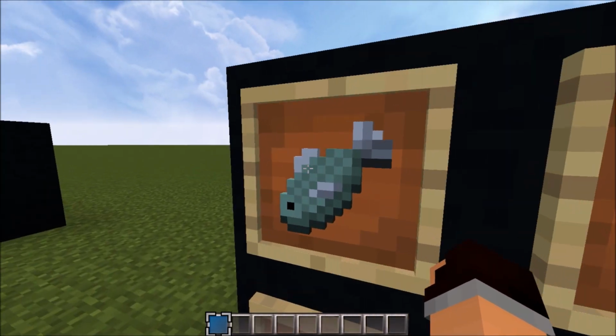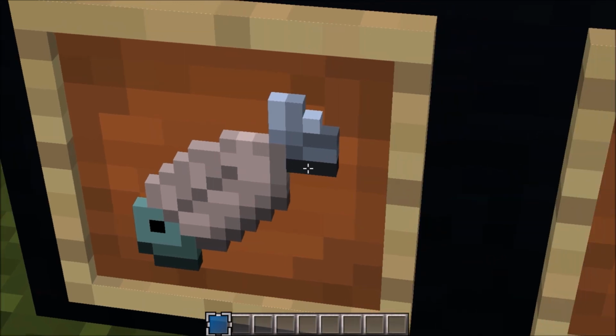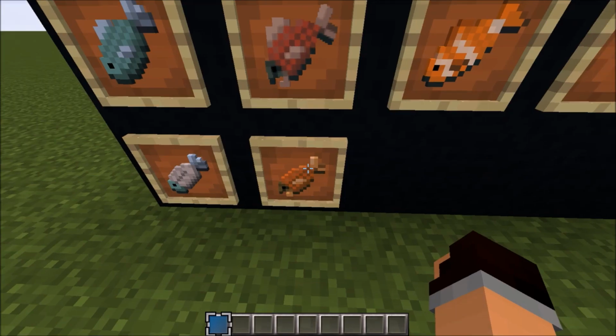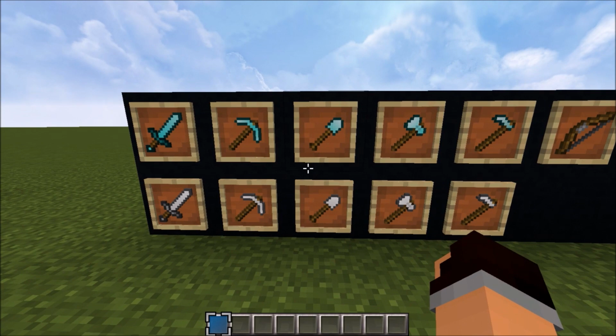But just to clarify, with the fish there, with both the cod and the salmon, when you cook those, they no longer animate because they are dead, because that makes sense. Wonderful. Moving on from that, diamond and iron tools have a slightly different texture on them, which makes them look